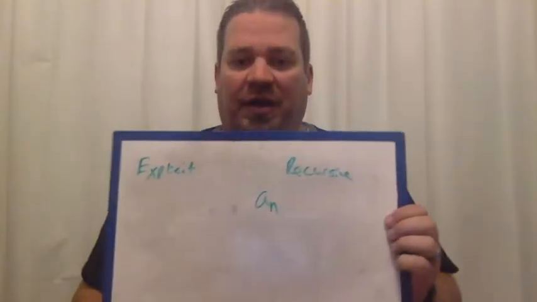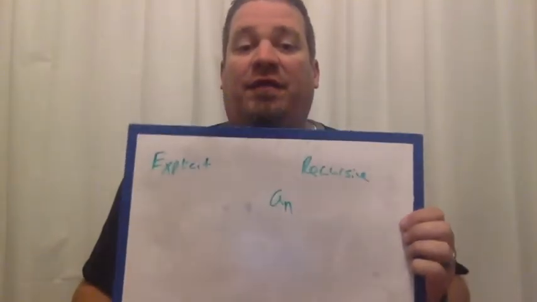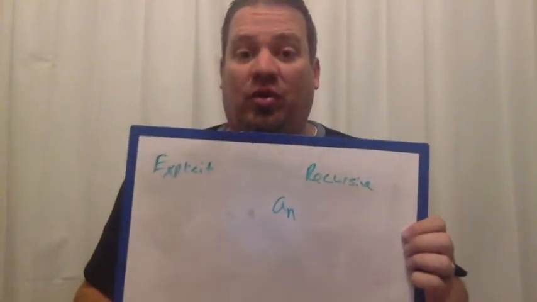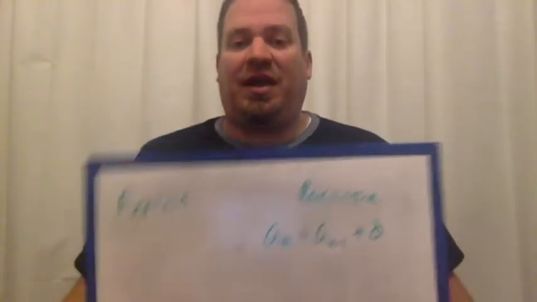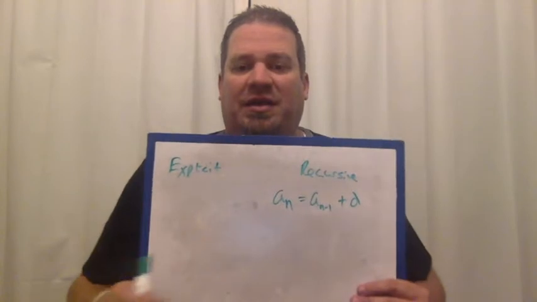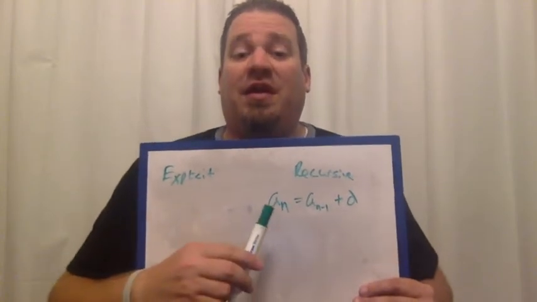Okay, so that's what I want to talk about first. Whenever I'm looking for a number, a sub n, using a recursive rule, what I have to do is I take a sub n minus 1 and add the common difference. Okay, so basically all this is saying algebraically or mathematically is if I'm looking for the fifth term